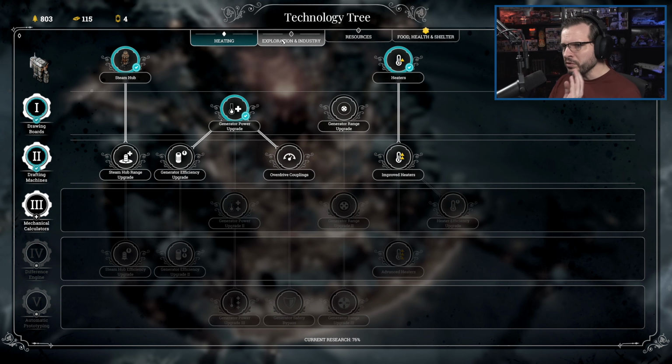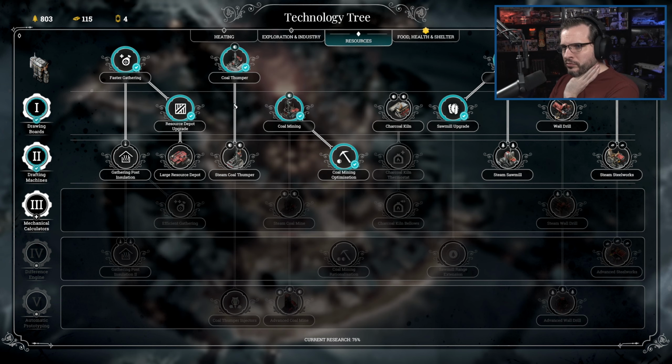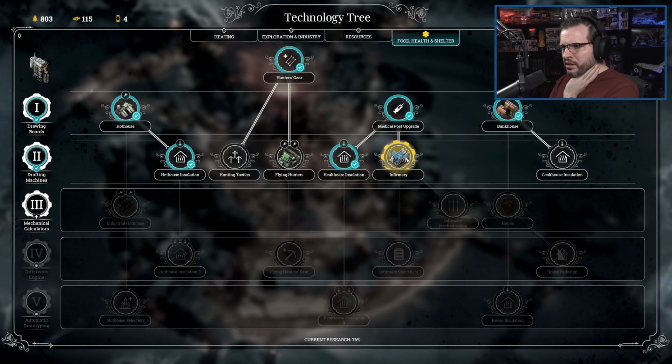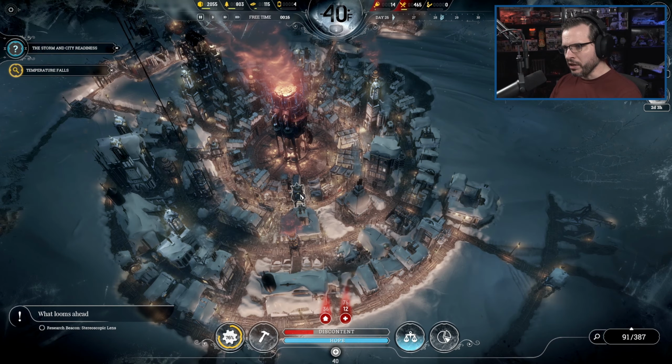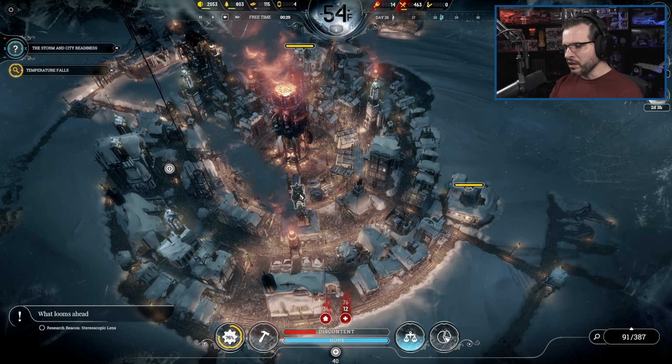Do we want to just immediately research that, or can we wait until we're done with what we're currently working on? Which is the infirmary, which is going to help us get rid of all the sick. I think we're at 76%. I think we wait. Hopefully the infirmary helps us out a lot. Get rid of a lot of these very, very...